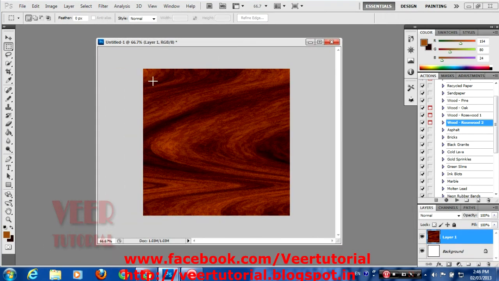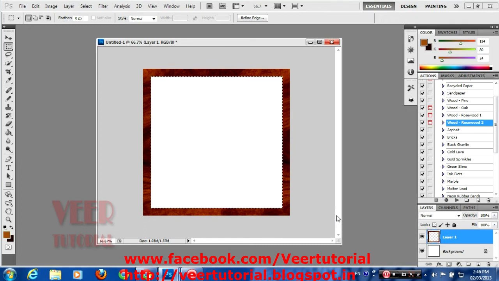Now we need to crop this picture so it looks like a frame. So we need to select the Rectangular Marquee tool, and then we will select some area, but we need to select an exact rectangle. So we need to press the Shift button and keep it pressed, then select the area which we want to crop like this. Then we can adjust by moving with the arrow buttons. Now press the Delete button. Now press Ctrl D, it will deselect.